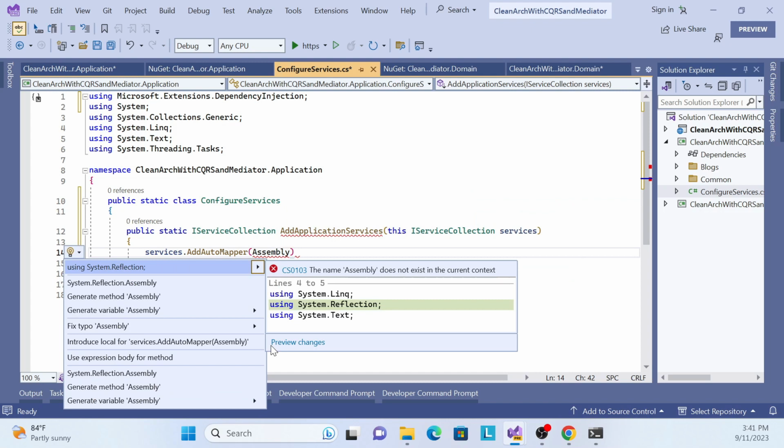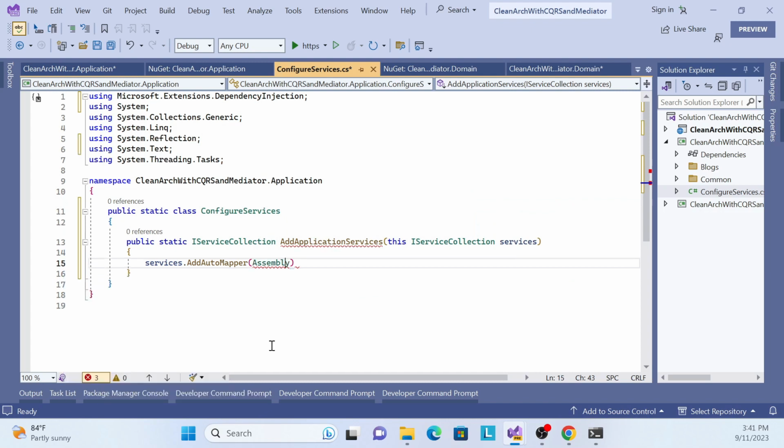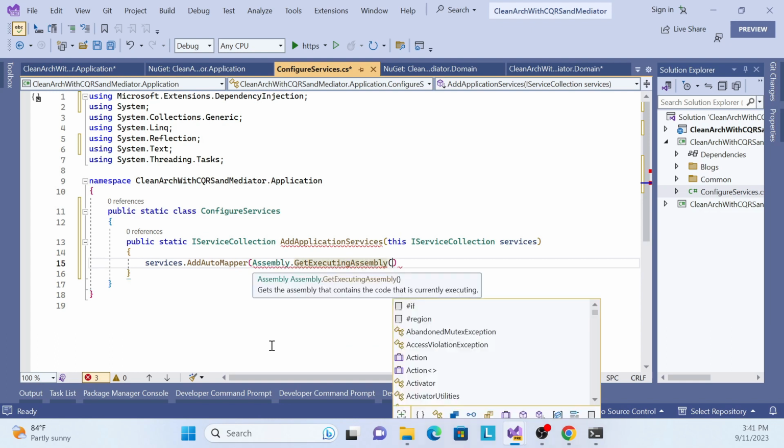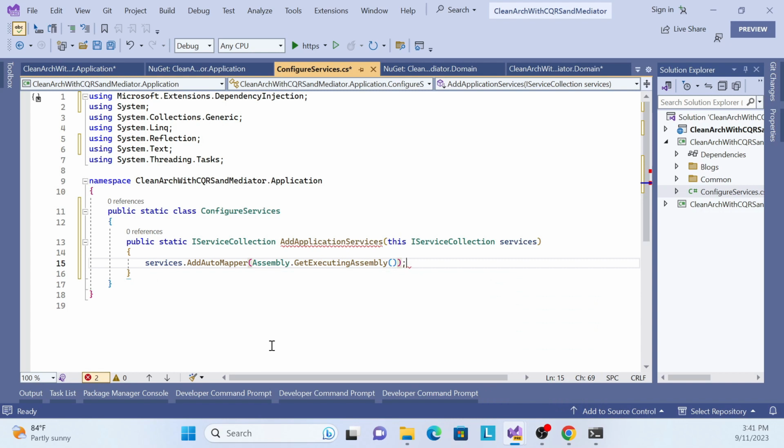Yeah, it is under the System.Reflection. So Assembly.GetExecutingAssembly. Okay, so all the assemblies will execute and register over here. Okay, for the AutoMapper extension, one is this, and then another one is